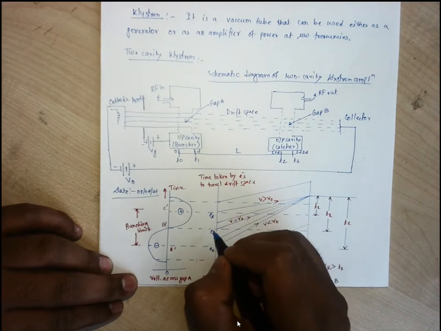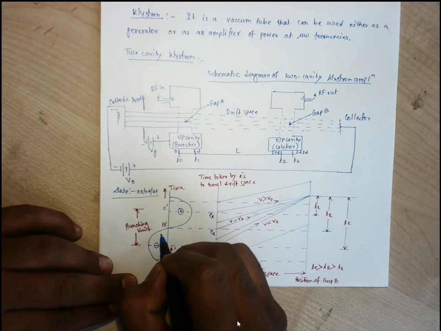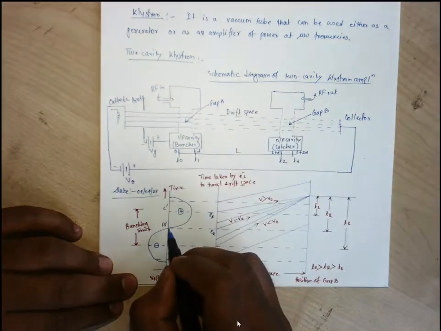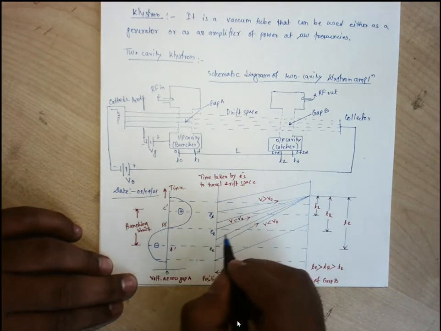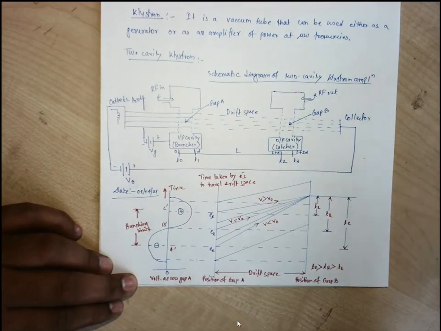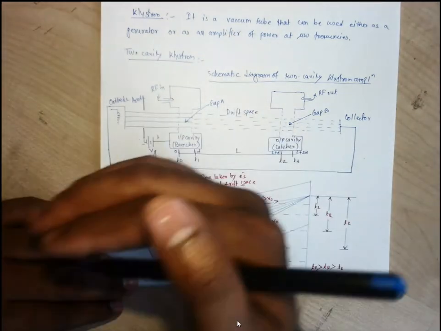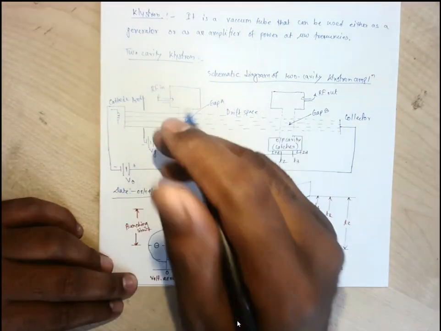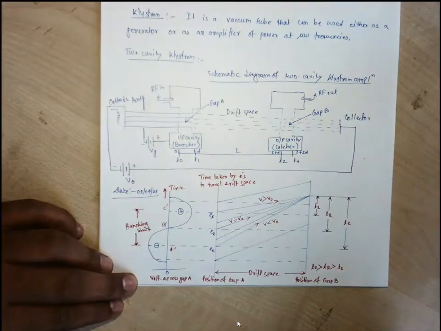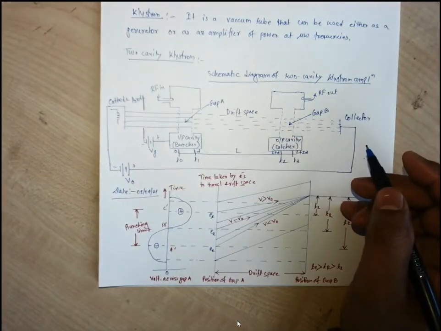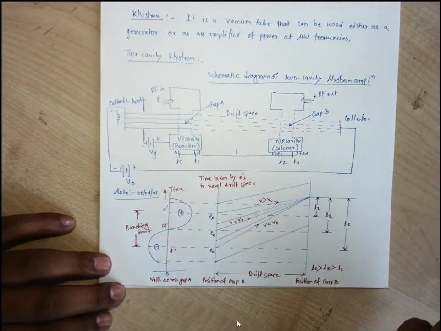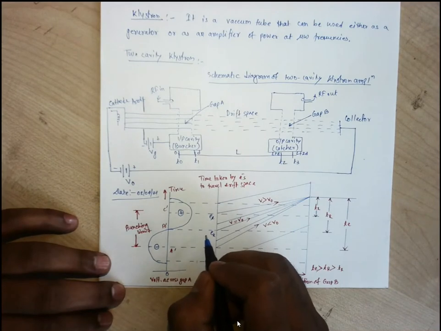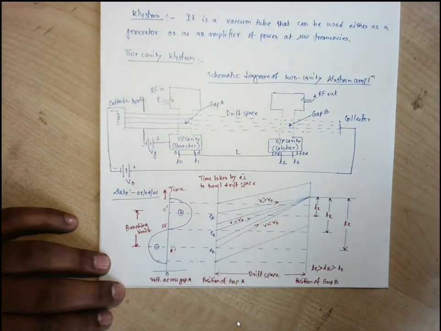Okay, so the reference electrons are the electrons which appear at that gap when the RF input has 0 potential, that is B prime. So obviously these electrons will not be affected by this RF input. Whatever the nominal velocity this electron beam has, they will take that same velocity and move forward from this gap. They go with the reference velocity, that is V naught. We'll see what the expression of this V naught is. So the reference electrons are those electrons which move with unchanged velocity. There is no effect of this RF input on those electrons.